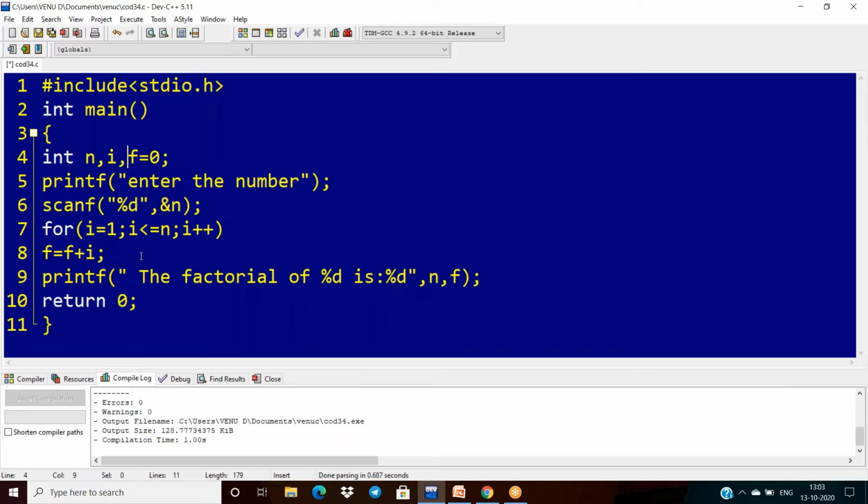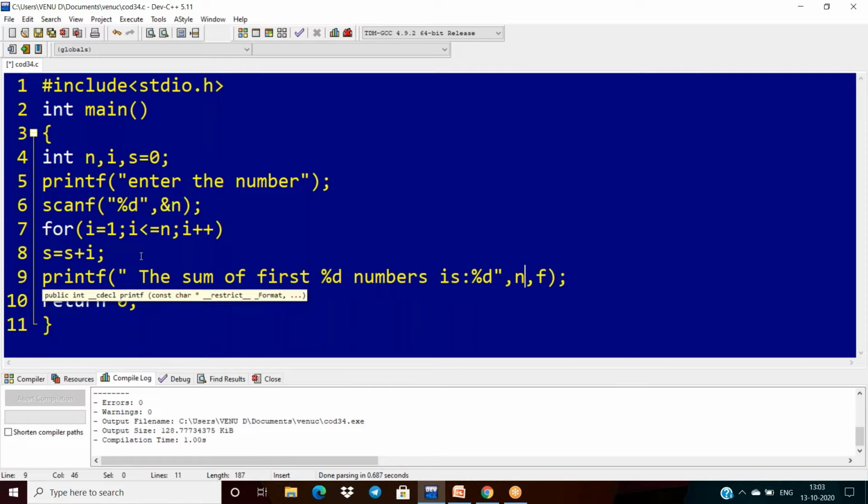For the purpose of product take 1, for the purpose of sum take 0. Now, my variable is related to my application, so I am taking s, which is nothing but the sum. Finally make changes here: the sum of first %d numbers is %d, comma s.